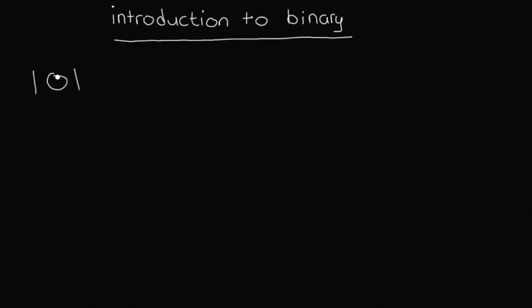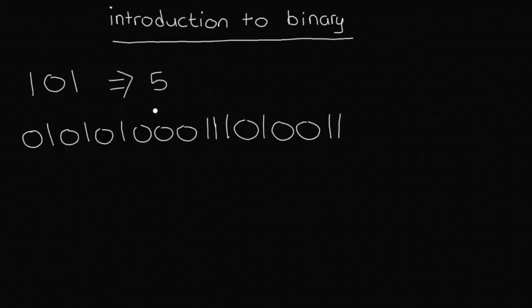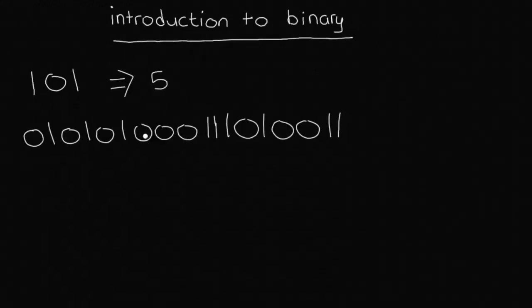This is an example of a binary number, and this binary number here actually represents the number 5. So this is another example of a binary number, and binary numbers are used to represent real numbers, such as in this example 101 represents 5. This number here represents a number much greater than 5, and with binary we can also represent things like emojis,